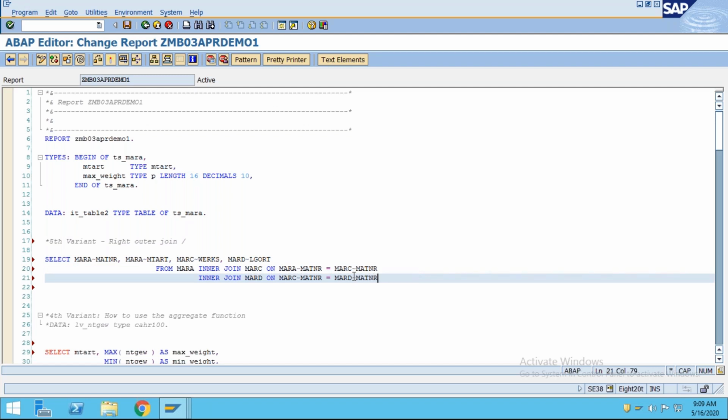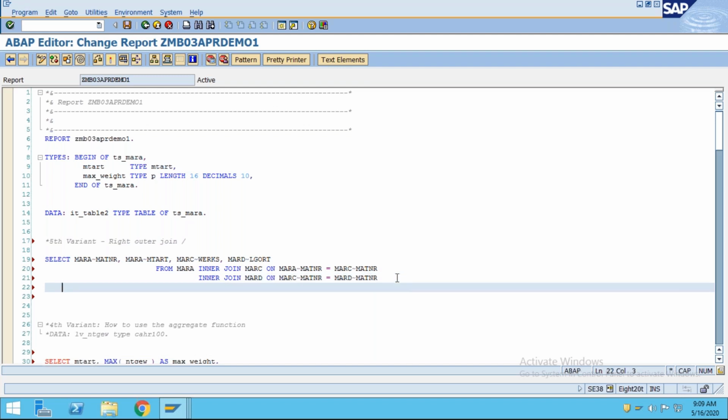That's it. Similarly, if you have more than 6 tables, 7 tables, you can keep on writing like this, inner join, right? Inner join. Let's suppose you have some VBAK table, right? VBAK table on. So what you can do, MARA MATNR should be equal to VBAK.